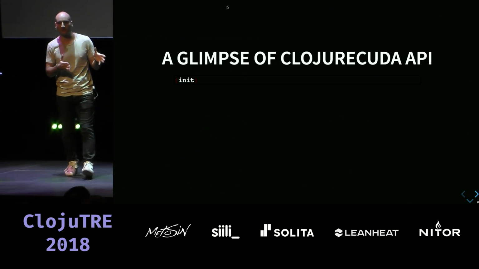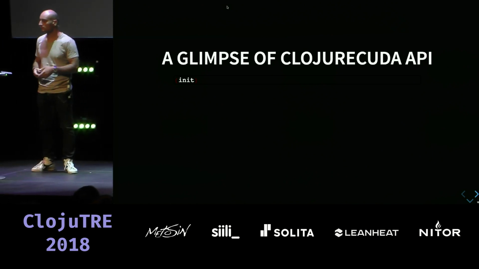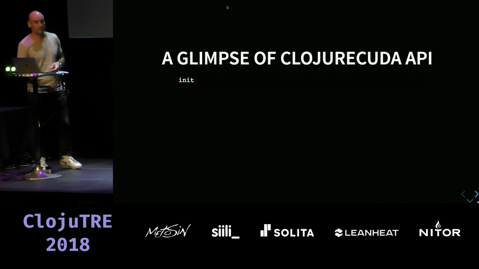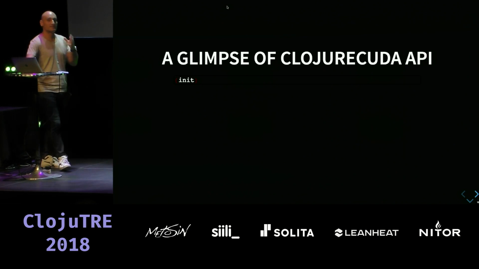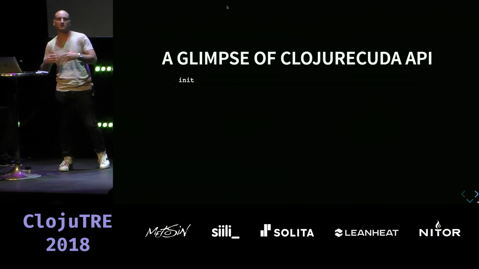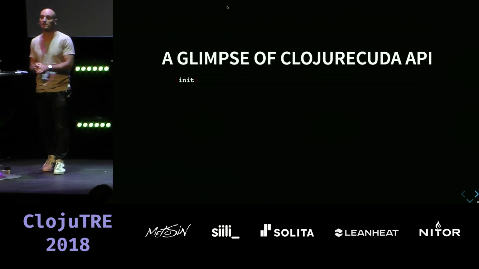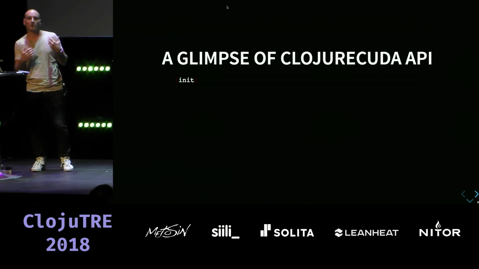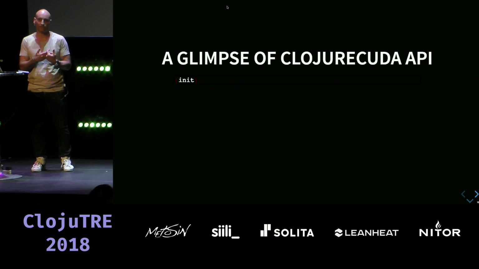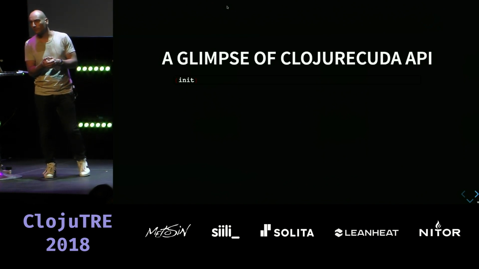So we have to write it. And we have some special needs, special features that we want. So instead of writing thousands or tens of thousands of lines of C++, the idea of these libraries is that we can write most of those in Clojure interactively and combine it with the functions that we already have.